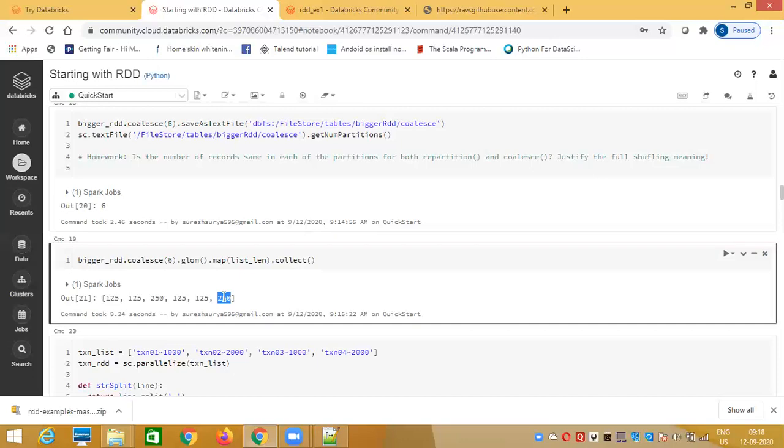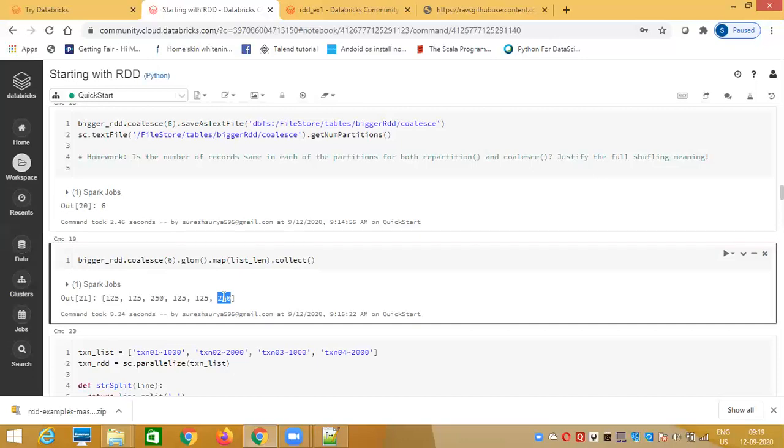Okay, so now enough theory. Sandeep, you're saying something? Coalesce will decrease the partitions, right? It merges the existing partitions to create a single partition. How will it identify whether it goes for only the partition with less space or fewer elements, or is it completely random? It's completely random. It's all hash. Through hashing only it identifies which partitions to be clubbed together.